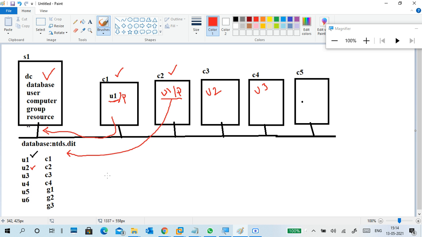So, centralized authentication means the central server will authenticate users, computers, groups, and other resources for access or authentication purposes, right? So we'll go with the lower one, a single example. Whenever the user is trying to log in, the request is sent to the server. The server verifies the username and password and authenticates the user so that the user is able to access the computer. Okay, so this is it.